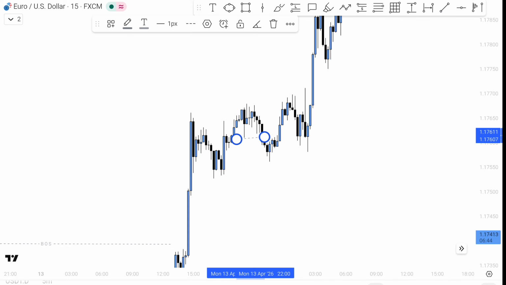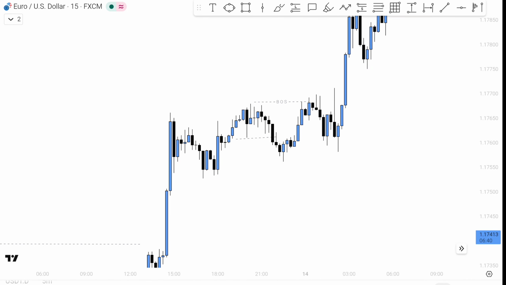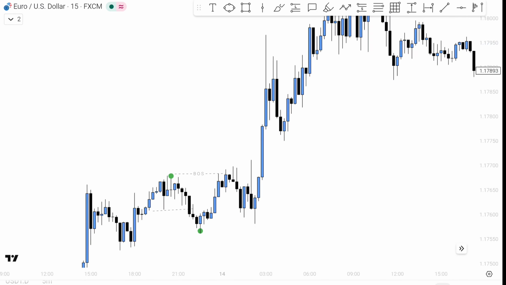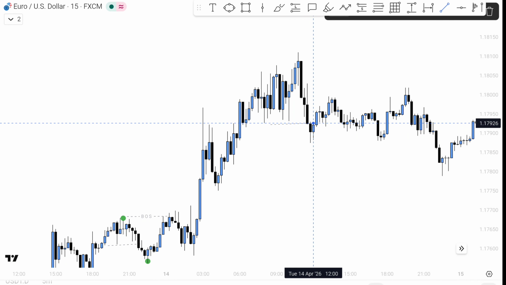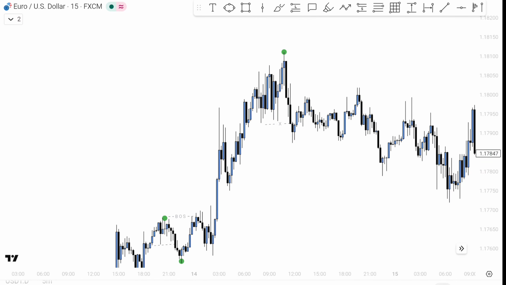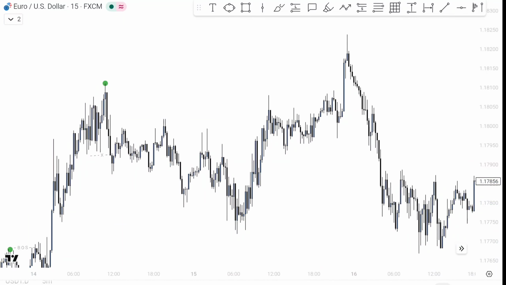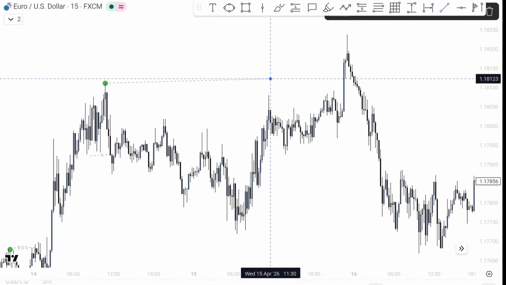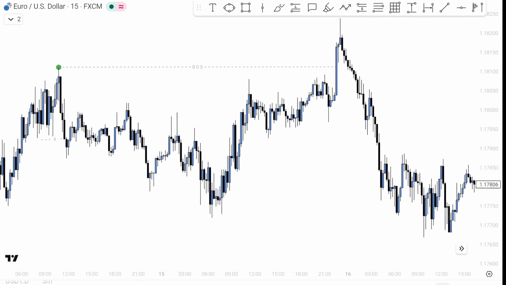The market broke it to the downside and again moves to the upside and created the break of structure. So this area was our new higher high, and this was our new higher low. Again the market continues to move to the upside, and this was the first pullback. The market broke it to the downside, and this point becomes our new higher high. The market again dropped to the downside, mitigated something to the downside, and again moves to the upside and broke the previous major higher high, which is our break of structure, and the deepest point becomes our new higher low at this point.